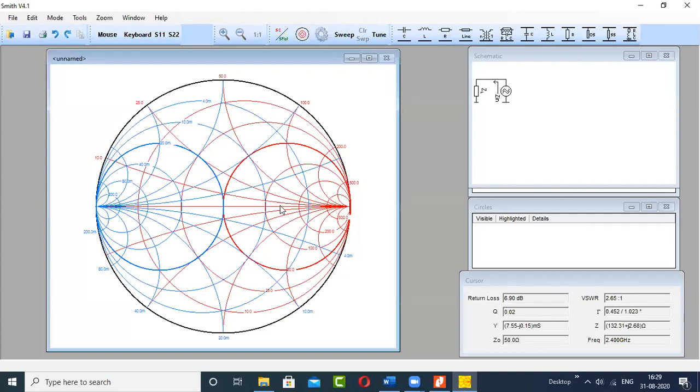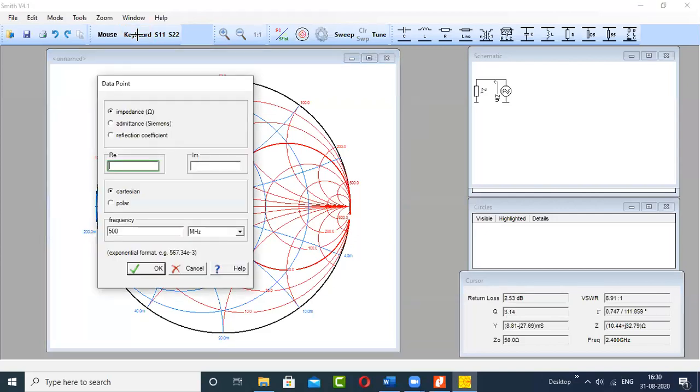For undo, you can press the right button of the mouse, or undo can be done from here also. Okay, so press this keyboard button and feed the impedance information. You can start with the reference impedance or any impedance which you want to feed. It's not necessary. There is no sequence like the load impedance should be fed first and then the reference impedance. It's not required. You can choose any sequence.